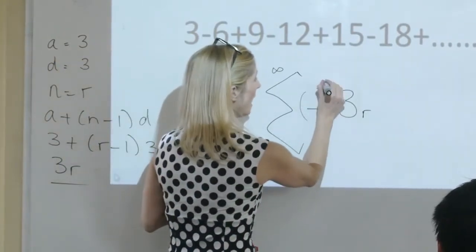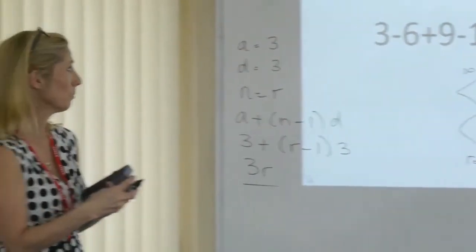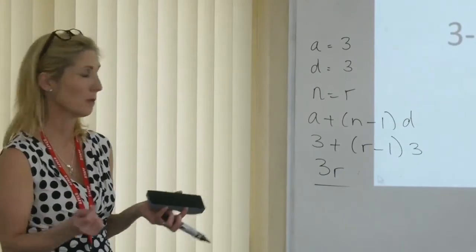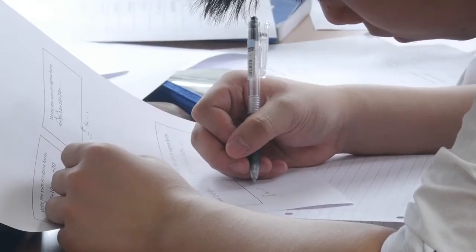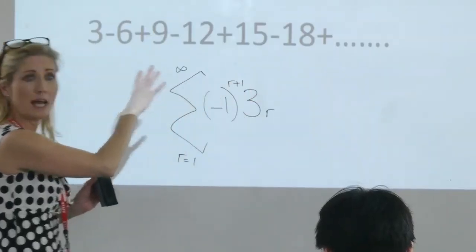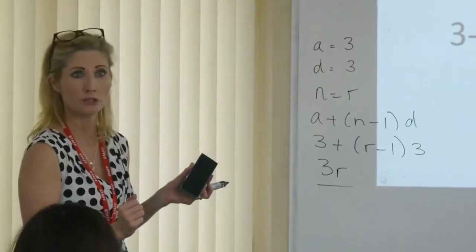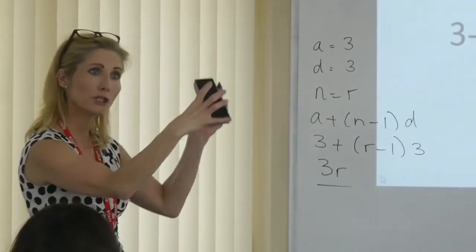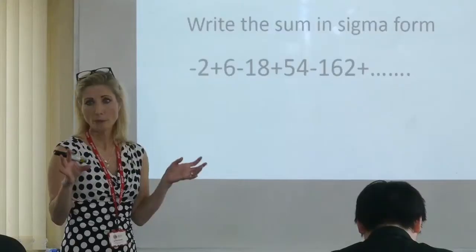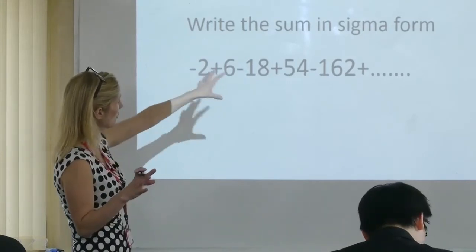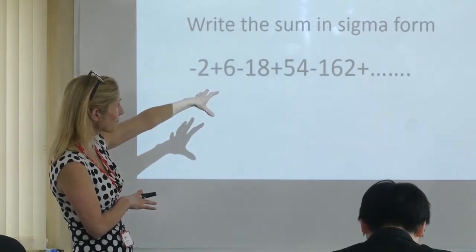So if you put r plus 1, that will work, alternatively r minus 1 will work, but the choice is yours, either way. Sometimes if you've already got an r minus 1 in the formula, it makes sense to call it r minus 1 because then you can group it with the bit that you've already got and then group that term to simplify. What I would tend to do personally is to treat this as a GP